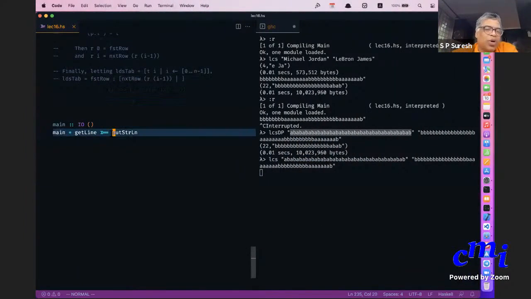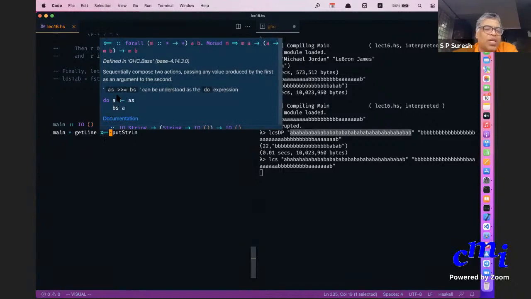Yes, this symbol is what you asked about. When I go there, you can see the pop-up. It says A is greater than equal to B. Forget it, you don't need to understand it right now. We'll do all that next week or the next. The next 3-4 lectures we'll be doing IO and related stuff, and you will get to see all.